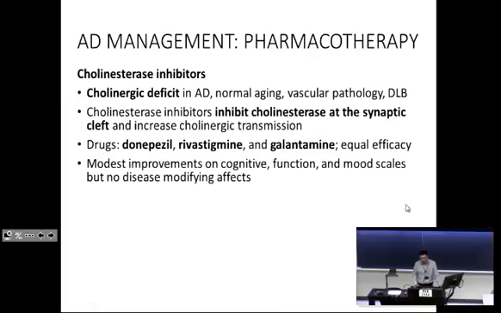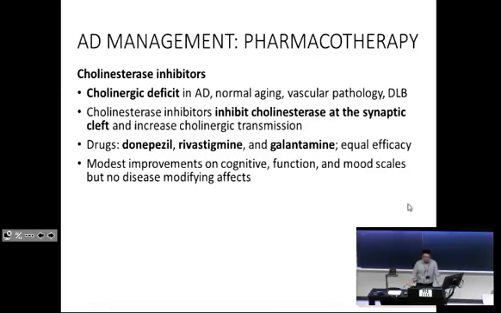However, for exam purposes, the three main cholinesterase inhibitors that we talk about are donepezil, rivastigmine, and galantamine. They're all essentially the same, more or less. Galantamine, just FYI, interestingly, even though it was the last to get approved in North America, has actually been in use in Eastern Europe for a very long time for myasthenia gravis, because it's a cholinesterase inhibitor. And what's very interesting is that it's derived from a plant.